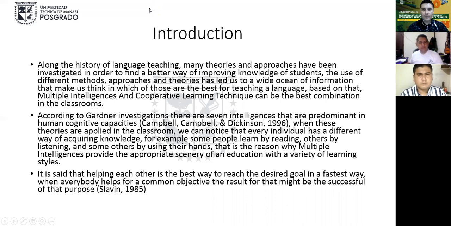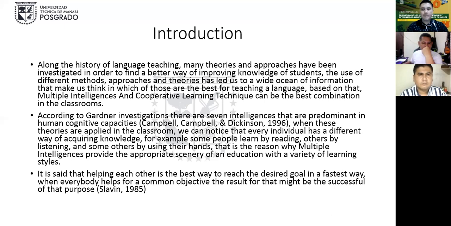According to Gardner, there are 7 intelligences that are predominant in the human cognitive capacities. When these theories are applied in the classroom, we can notice that every individual has a different way of acquiring knowledge. For example, some of them learn by reading, by listening, by observing, or by using their hands.